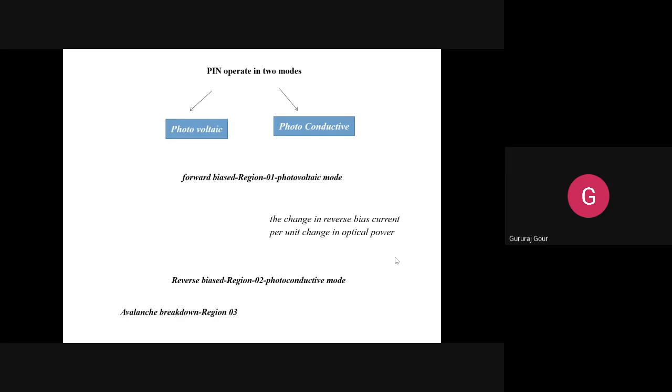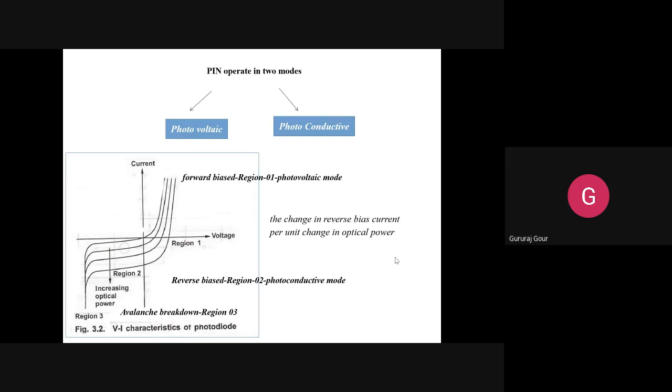We are discussing the pin photodiode, and we know that it is going to operate in two different modes. Before you apply the reverse bias voltage, it is normally operating in the forward bias and acting like a normal rectifier diode, where the majority of the current is contributed by the majority carriers, not because of the photons, because of the reduced width of the depletion region or intrinsic region.